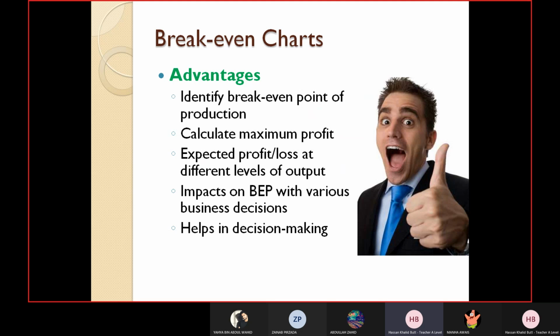Okay, and then you can make your decision in a better way. Margin of safety, I explained to you, so I'm not going to explain it again. This is a value which tells you how safe the business is from loss. Even if you lose sales by a certain amount, you might not be suffering a loss, so if it is within the range of margin of safety. We discussed it earlier as well.